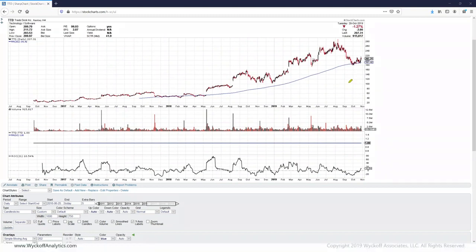So where are the changes of character here? The change of character is here, here, and then here. So obviously the price goes up, right, from $20 to $280. So the percent change